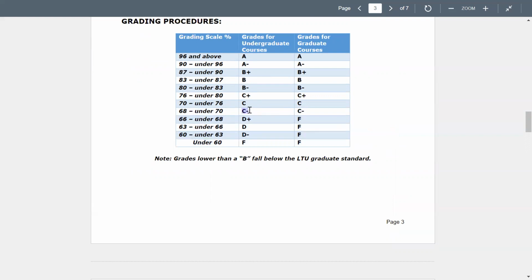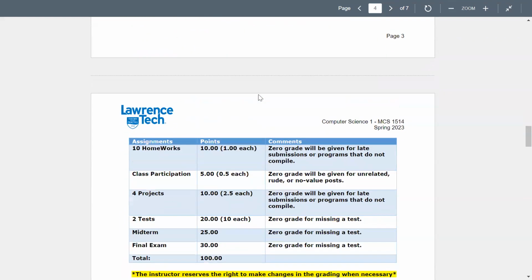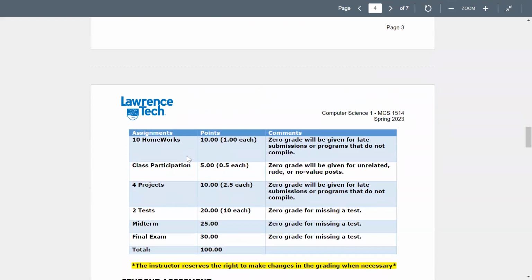If you do well in the final, you can pump your grade up to B plus or even A minus. In other words, if we reach test 1, for example, and you think you did bad, it's not the end of the world. You can still make up in the midterm, you can still make up in test 2, you can still make up in the final. What I always tell students is read the chapters.